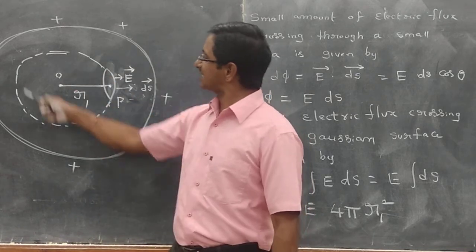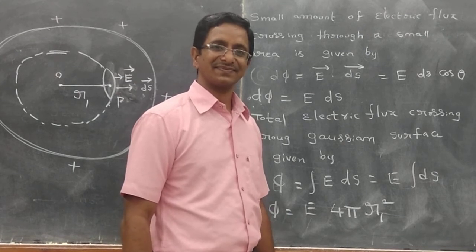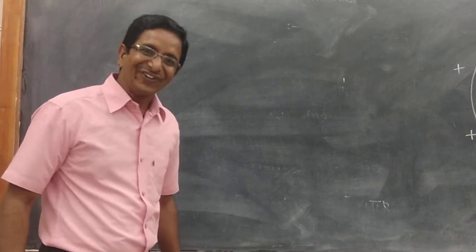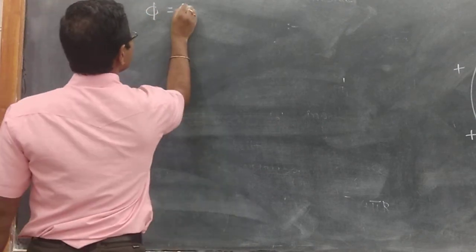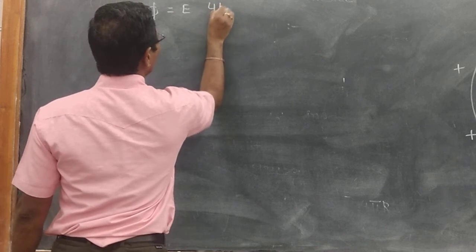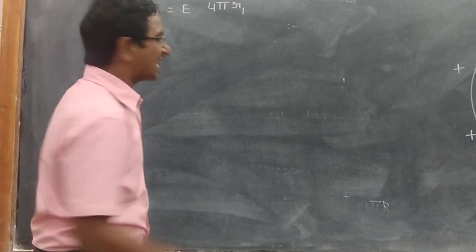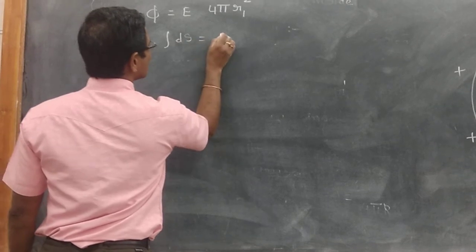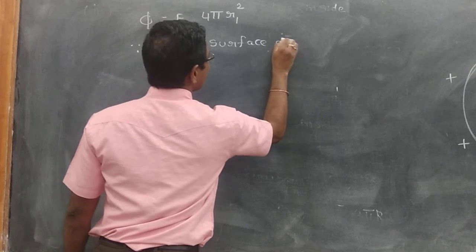Therefore, phi is equal to E into 4 pi r1 square. What is the reason? Since integral dS is equal to the surface area of